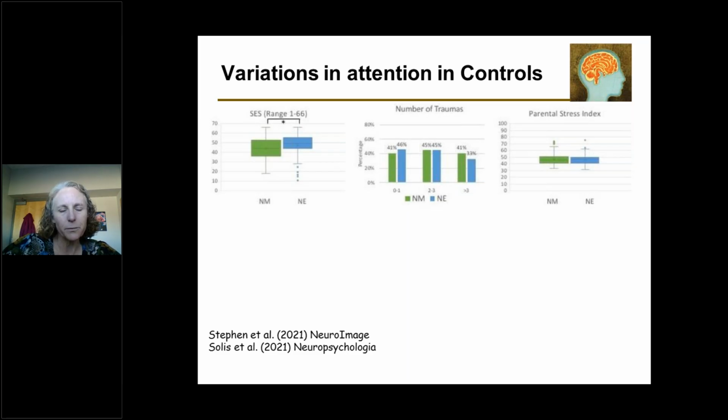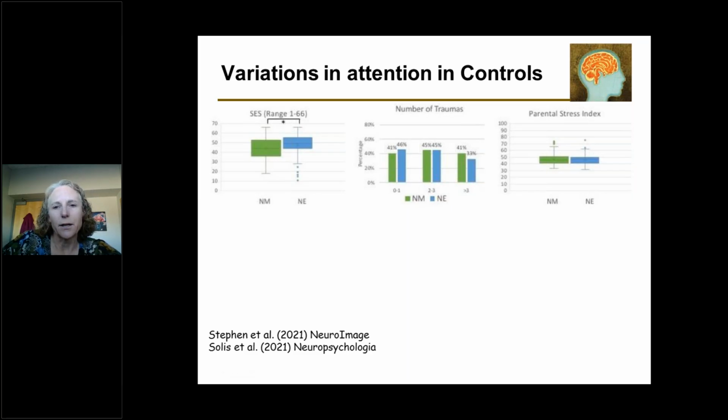And this is important because there are a number of different populations of kids who are exposed to traumas throughout their life. But this was a typically developing cohort, and we still had quite a reasonable percentage of individuals who had 3 or more traumas that they were